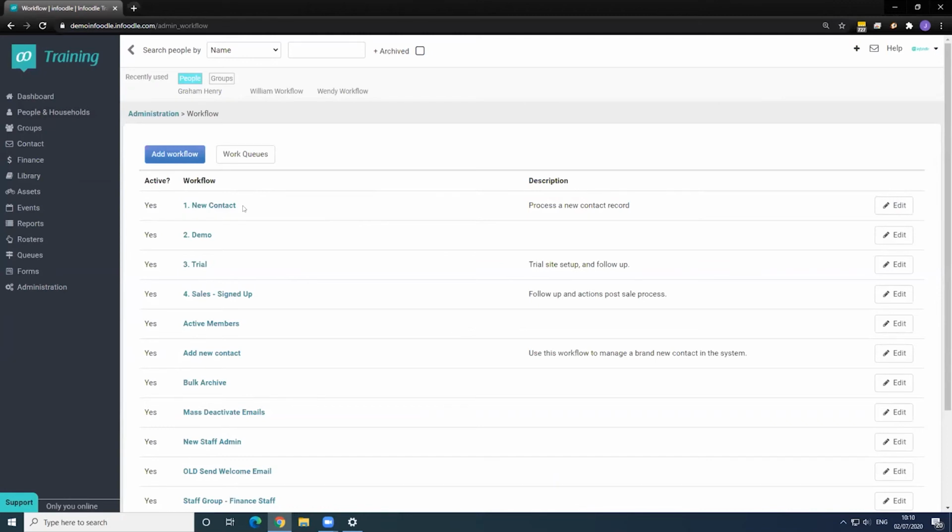Sorry, I'll give you a bit of context to this. In this example, I've very much simplified a sales process where someone gets in contact with your organization. From initial contact, you might want to process them through a particular process, whether that's to demonstrate a product or give them a trial, through to the sign up of your product or as a member in your organization. That's the example, but just bear in mind that the context of the example is not so important. It's more important for you to grasp the functionality of the workflows that we're taking a person through. So we've created 4 workflows here to manage a person. And if we look at each one,